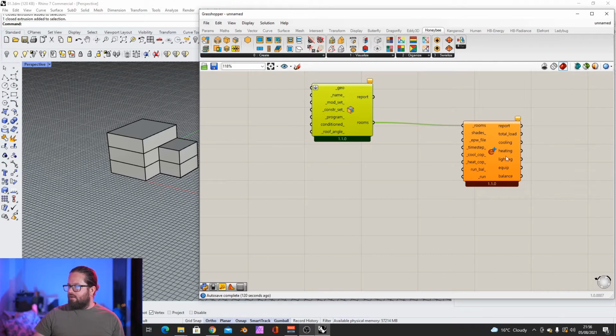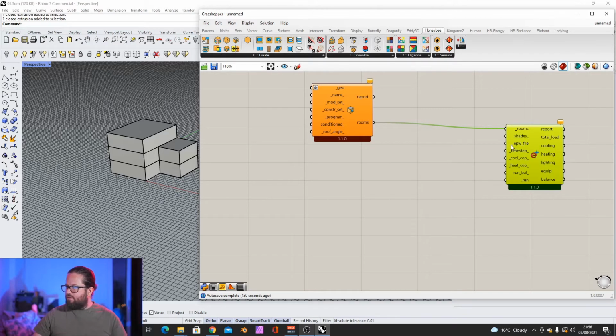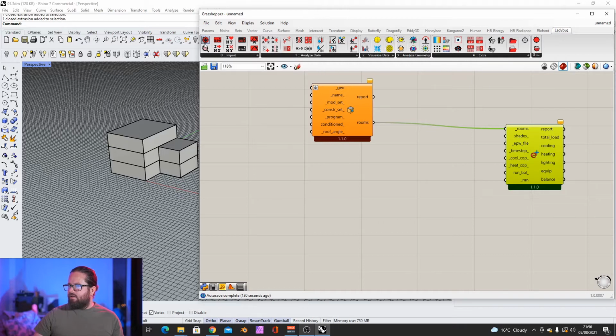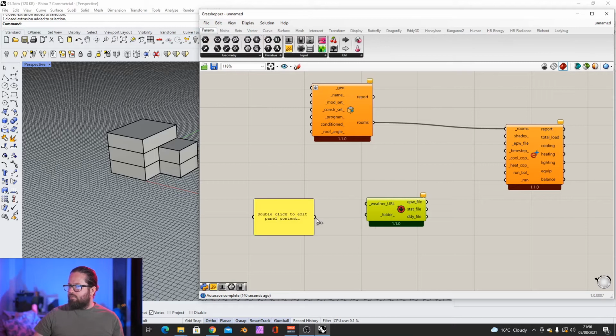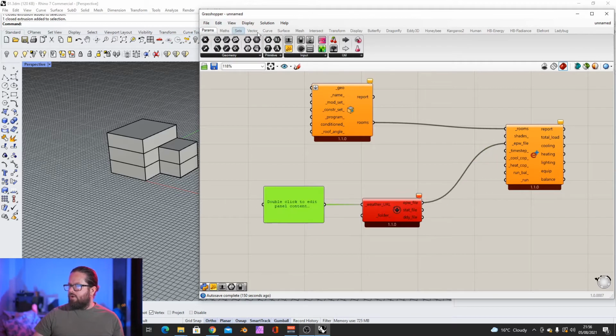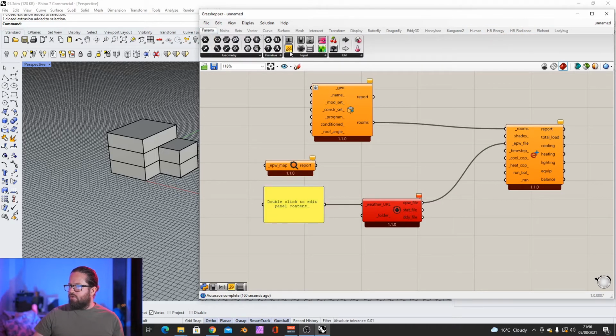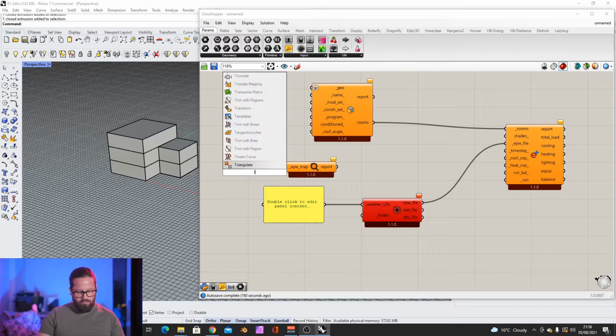And then what else do we need? What else is mandatory? Mandatory is the underscore on the front. We need the weather file. So for the weather file, we need Ladybug, and we use the weather URL download. We need a panel here, and then we connect this to here. And we also need the search, to search for the weather data. This is wrong. So we need a toggle,